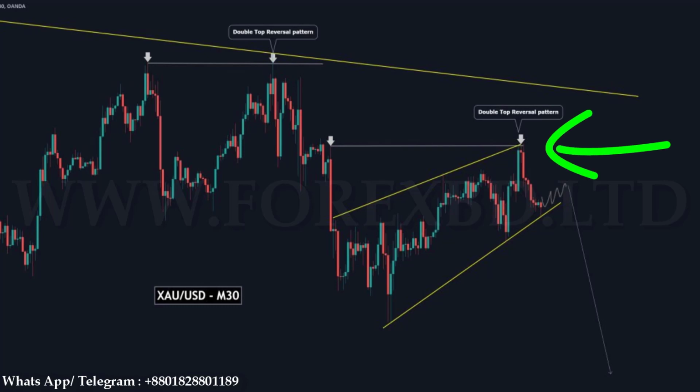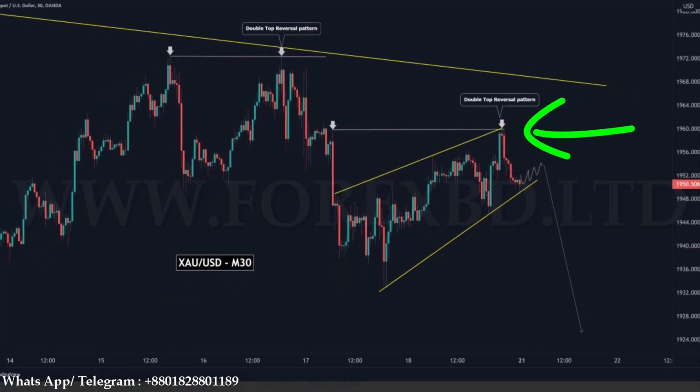Right after that, the market has created a double top reversal pattern in the same way. And soon after it was made, the market started to go downtrend. So from here, it can be said that the market will go down again with some correction. I'm saying again, once the market has created a double top pattern in this place, our prediction is